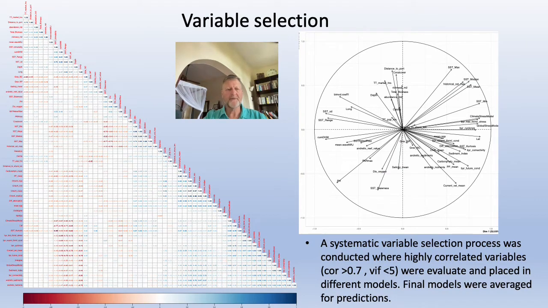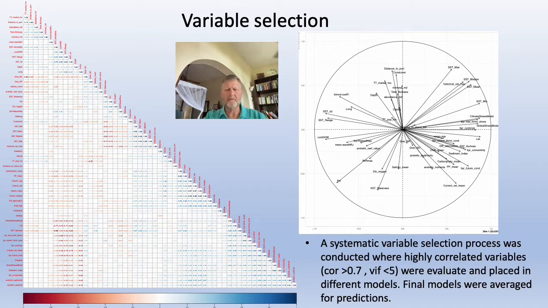This is a correlation matrix of the environmental variables and their distributions. What we do first is look for variables that are strongly correlated with one another in order to make decisions about which one should be included in the final model or in the final models. And we use this as a way to avoid putting redundant variables in the model, and also to look at